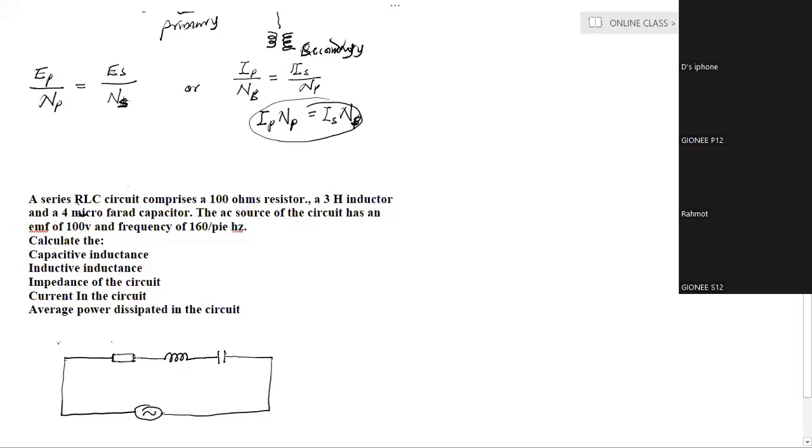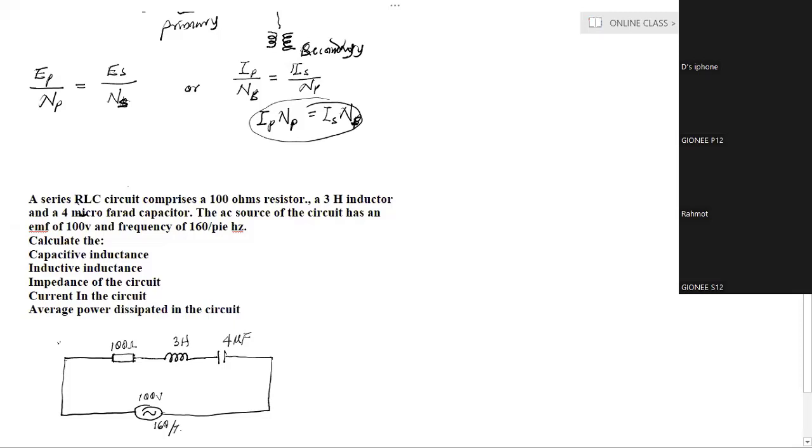And we're told that this one is 100 ohms. This is 3 Henry, while this one is 4 microfarads. Then here we have our source to be 100 volts, where the frequency is